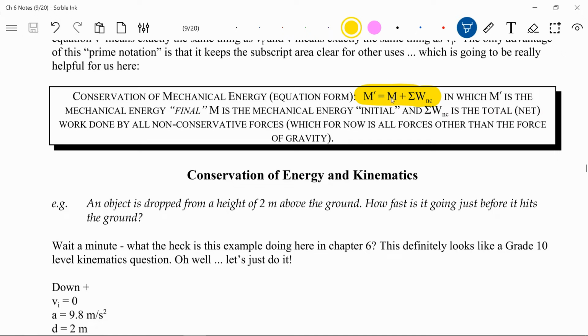The m's in both cases stand for mechanical energy. And from a 30S physics point of view, you can think of mechanical energy as being basically the total of all of the energy. We're only considering mechanical forms of energy, so it's not exactly right, but I think it's correct enough for 30S physics. In fact, I read this equation, especially the 30S way, as effectively the total energy that you end up with, as being the total energy that you started with,